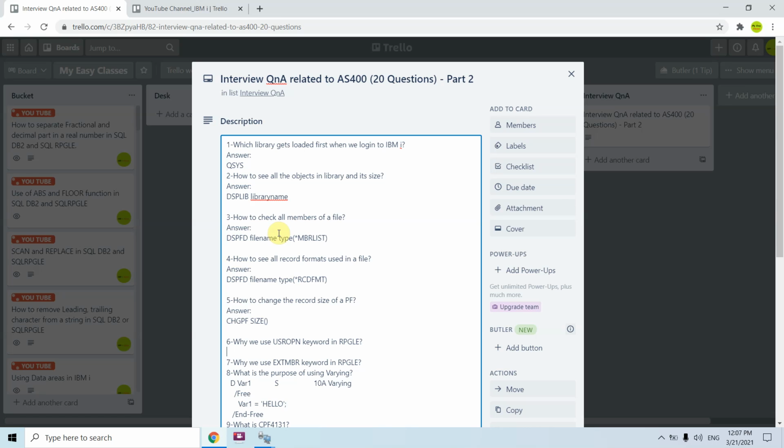In that case, we would be using the opcodes OPEN for opening that file in the program and CLOSE for closing that file. So the answer would be to explicitly open a database file, or a file, you can say.